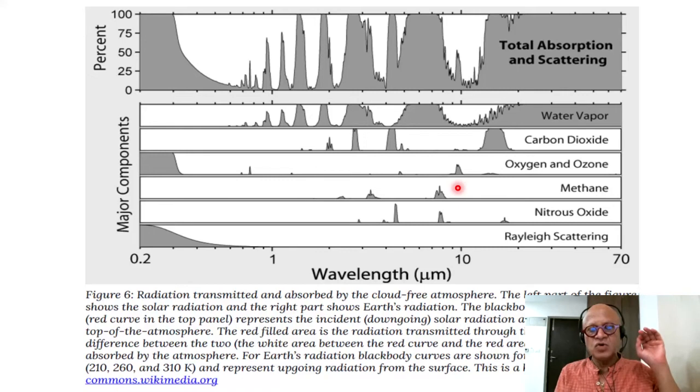But if ozone is in the troposphere, then it is a greenhouse gas, so it absorbs energy going out and creates warming. Okay, methane has a couple of bands here, nitrous oxide, and so on. So we will see that when we talk about global warming, we will have to talk about the concentration of these greenhouse gases and something called residence time, how long they stay in the atmosphere once they are put into